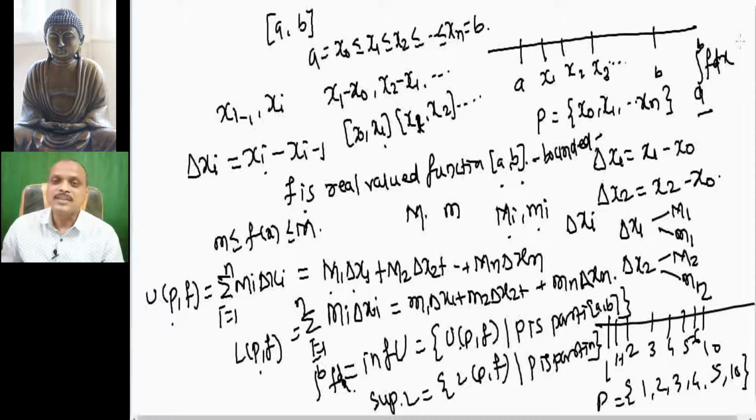Then for each function and each partition we have an upper sum and a lower sum. Then we have a set of upper sums. From the set of upper sums we take the infimum, and that infimum is called the upper integral. Again we have a set of lower sums, we take the supremum of the lower sums, and that supremum is called the lower integral. Okay friends,